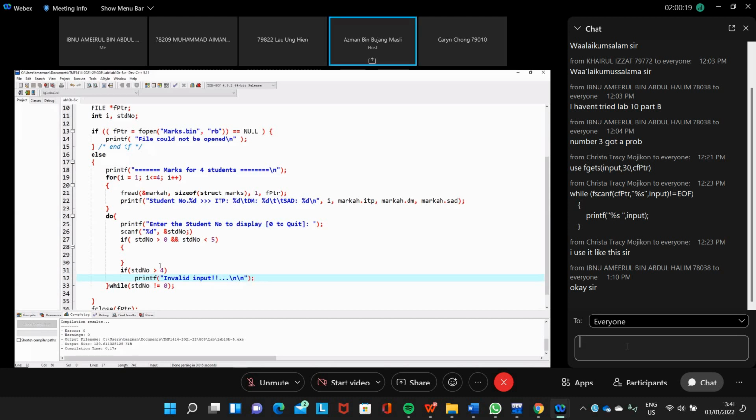Okay, or student number less than 0, for example, then invalid input.